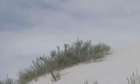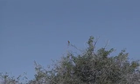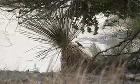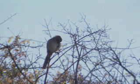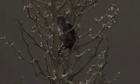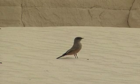Birds are also well adapted to the vast dune areas of White Sands. Their ability to quickly travel to prime habitat areas, such as this interdunal area, makes them successful residents. The cottonwoods, yucca, and other plants offer both food and shelter. Here you will find the western kingbird, the crystal thrasher, the ladderback woodpecker, the Say's phoebe,